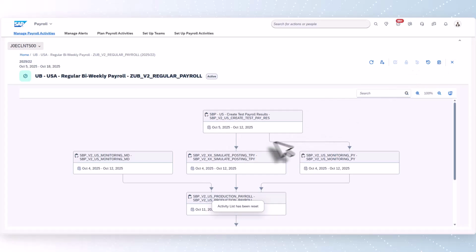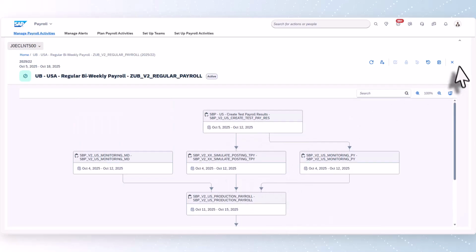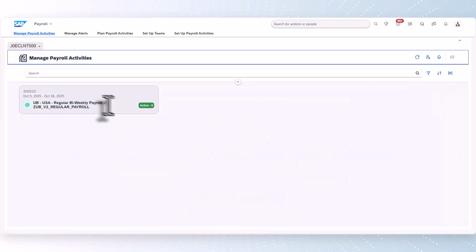This whole activity list has been reset. As you can see, it has become gray, and each tile has become gray. Let's rerun this whole activity list. As you can see, the moment I reset it, it's showing as active, but we can't restart it from